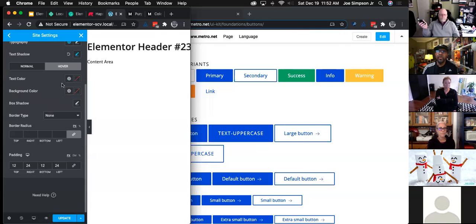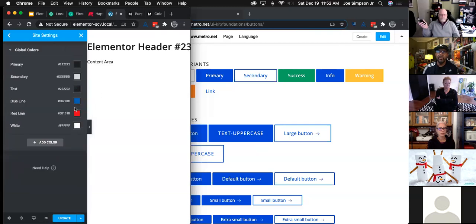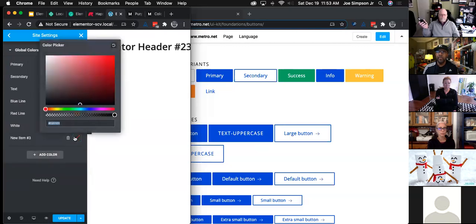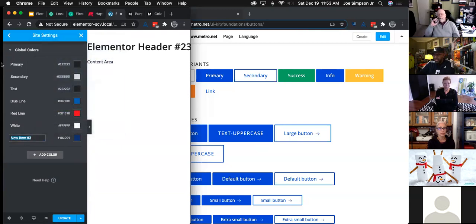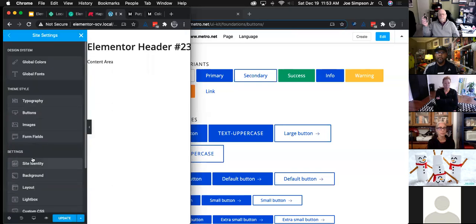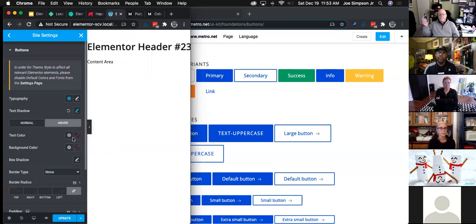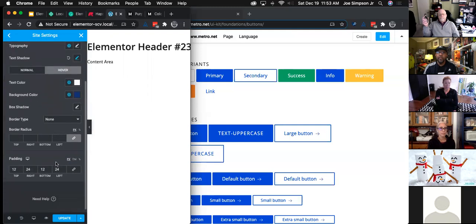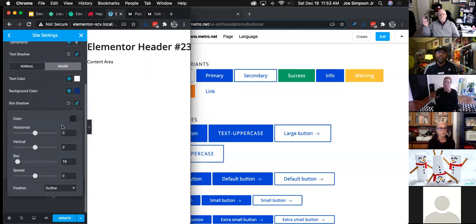And then we want to do the hover. Let's add a color. And I would specify it based on our toolkit or the Bootstrap information. So let's just pick a darker blue. And again, I'm just winging this for the purpose of the time. All right, and then, yeah, so then,